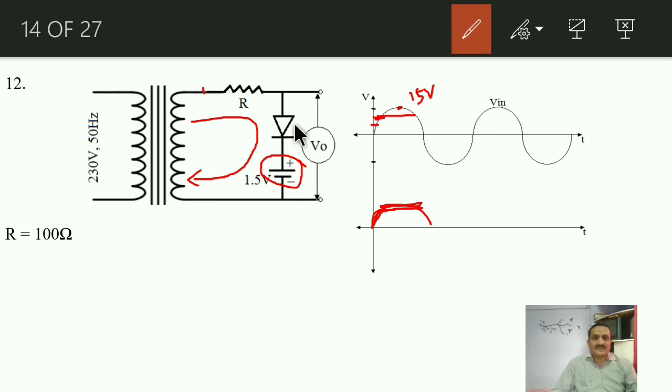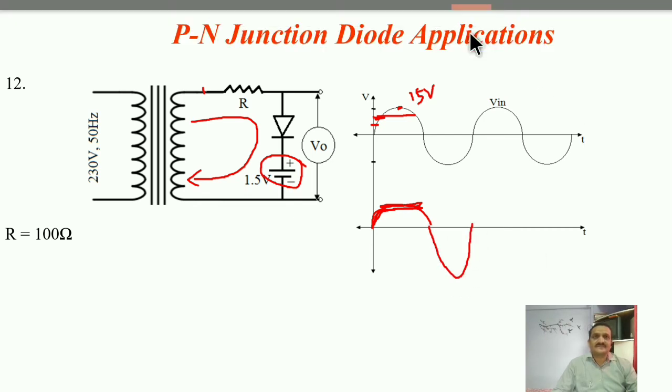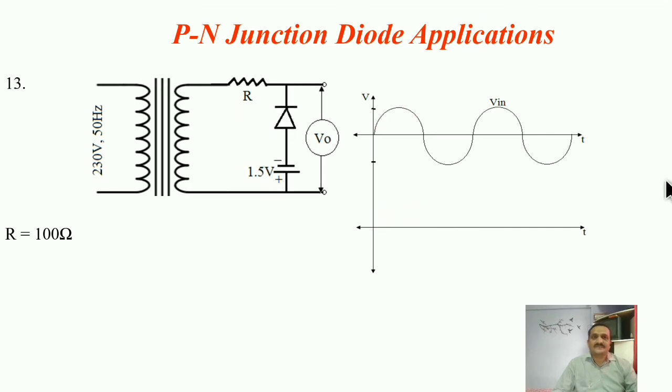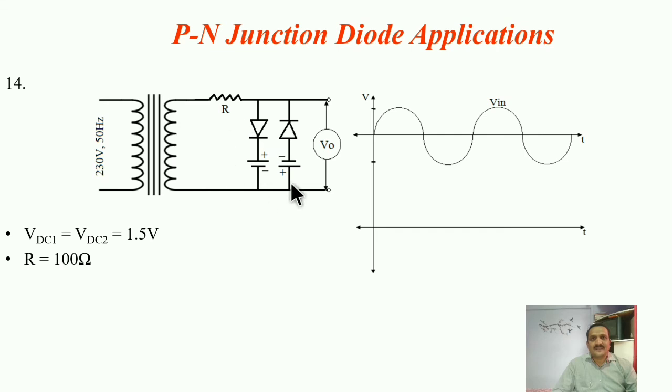During negative half, no doubt diode will remain reverse biased, will become more and more reverse, it will go on to act as open, so again output will follow the input. That means negative half cycle will remain as it is, like this. Again same thing, only I changed the polarity, so just think over it and try to find out the output. Now the parallel connection, again apply the same logic whatever I told in previous example, example number 12 and 13, and try to imagine what nature of output you will have, right?